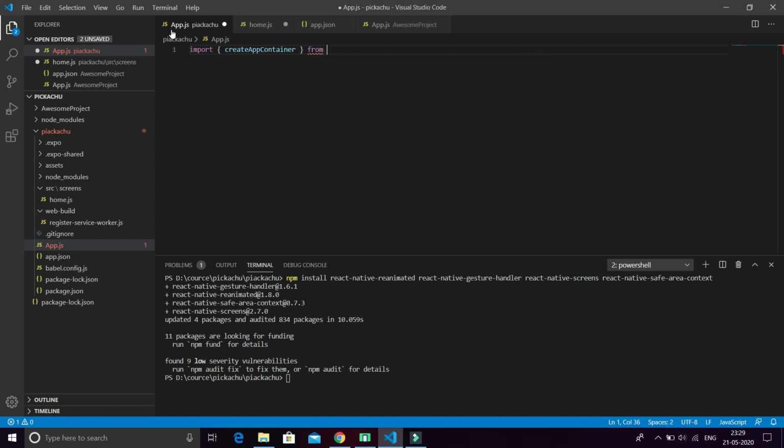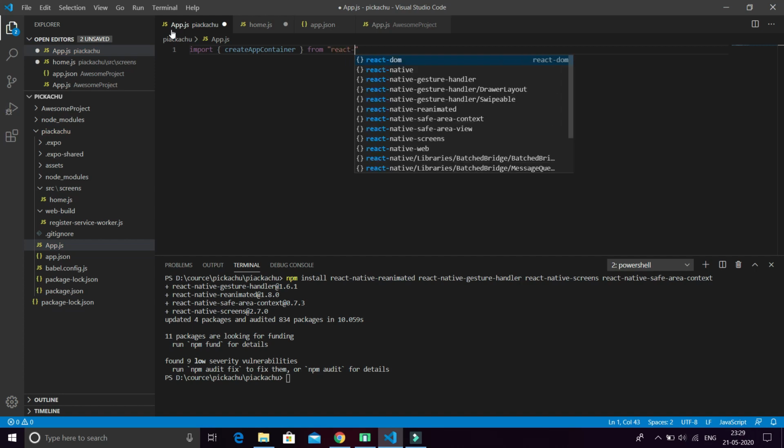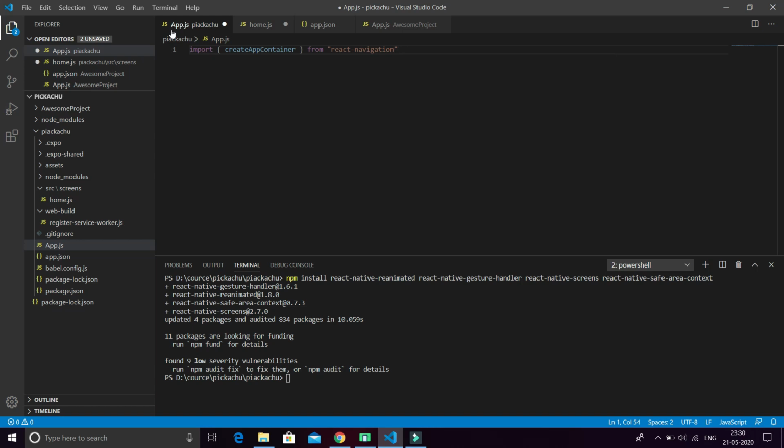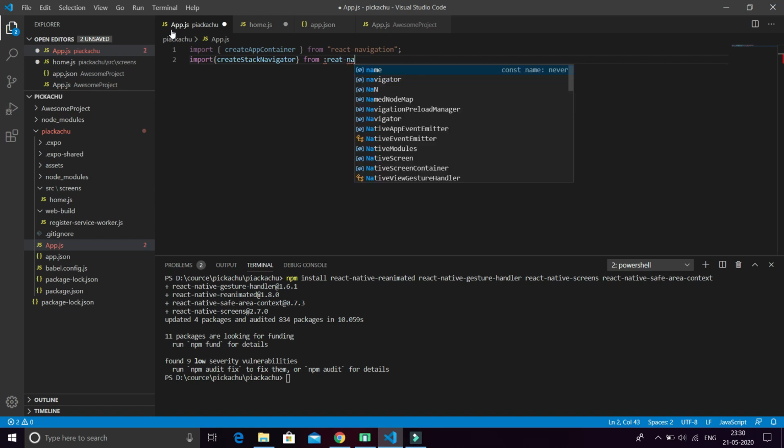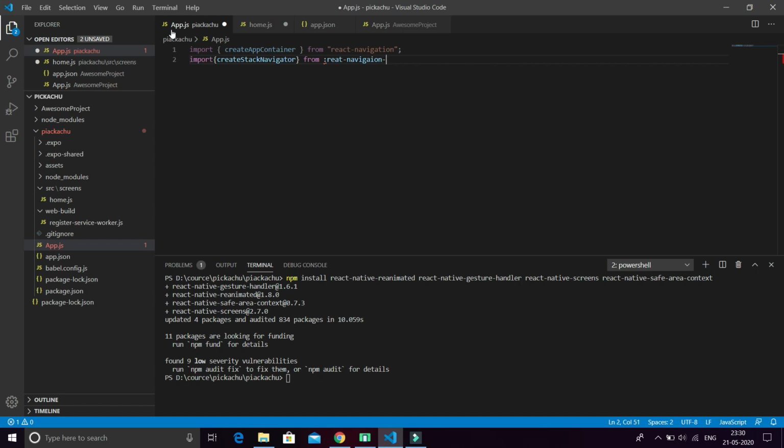So okay friends, from react-navigation, then import createStackNavigator from react-navigation-stack.